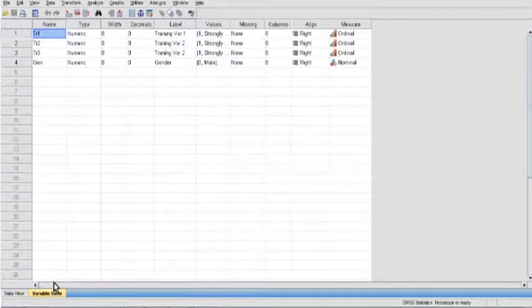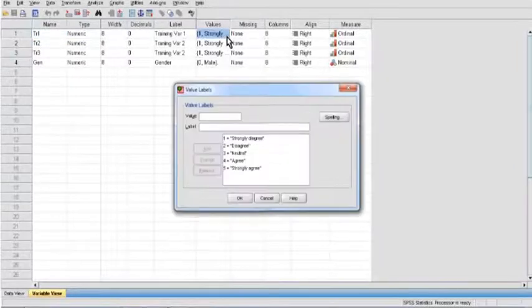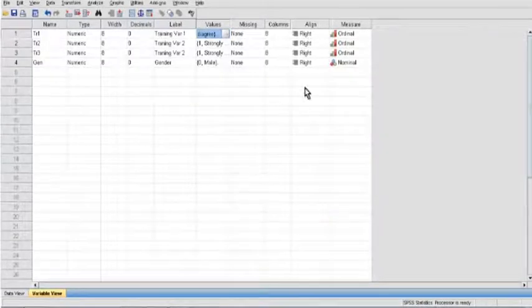we made a testing file in SPSS, and first, as you can see in the bottom left corner, we went to the variable view of SPSS, and then we just started entering the variable name, like TR1 here represents the first item of the questionnaire, and in that case we labeled it as training variable 1, and we entered the values which can be seen here if we click on it and click on the button here. So all the value labels for that variable were entered and defined here,